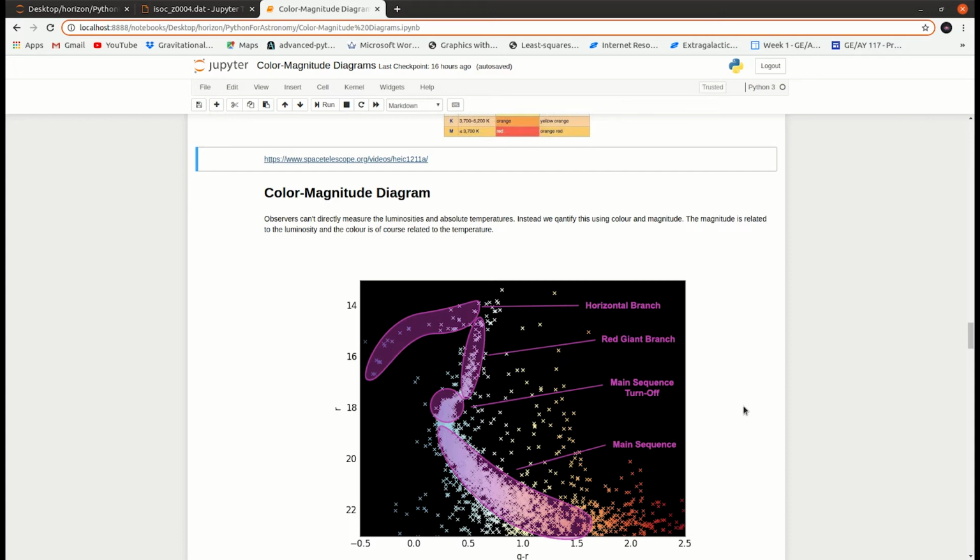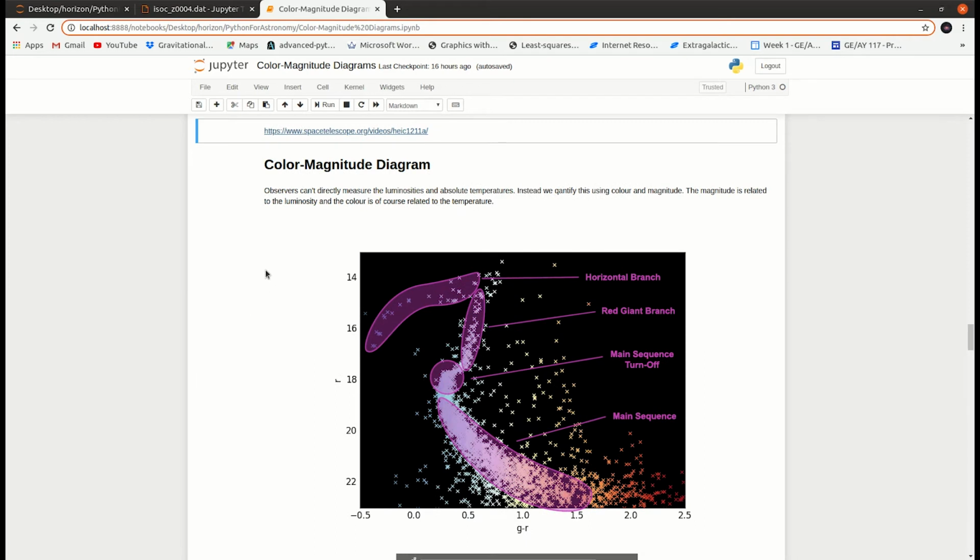So if you measure the magnitudes, let's say using two different filters. Why have we been using filters? Because here I am using two filters, let's say R and G. Let's just assume that R denotes the red part of the electromagnetic spectrum, whereas G denotes the green part. Now if you subtract G minus R, you place a G filter, you measure the values. You place an R filter, you measure the values for a particular star cluster. And then you subtract G minus R. If G minus R is a really positive number, like around 2.5,